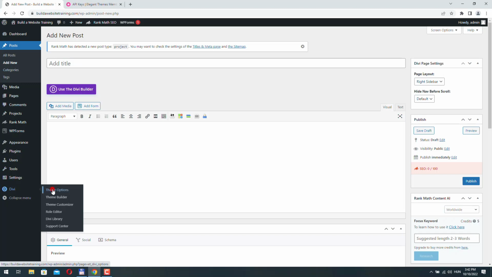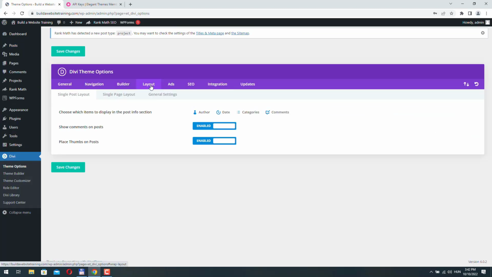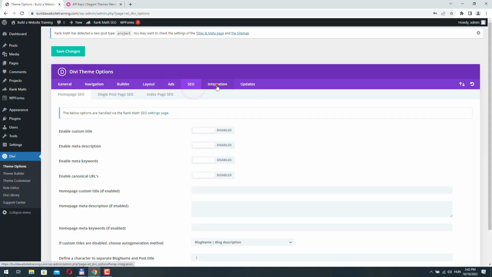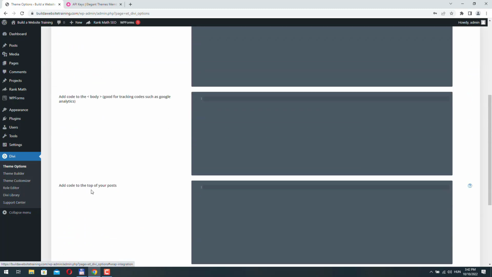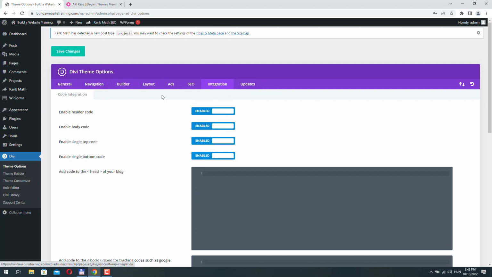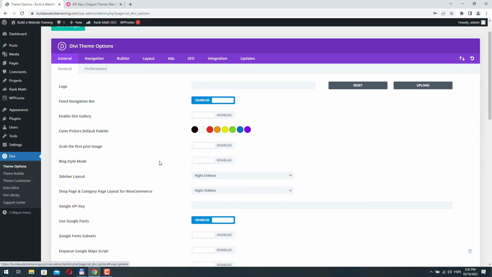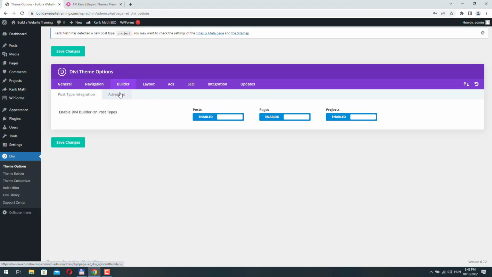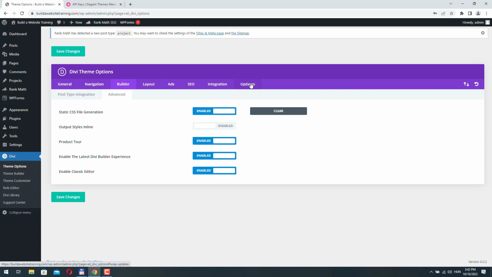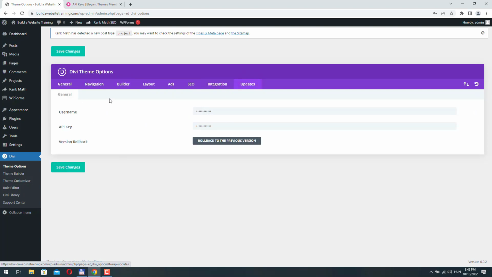Okay, let's go back to the theme options. And here, basically, we don't really have to do anything else. I usually don't use these options very often. So I only use the logo option here. I just disable these few options. I enable the classic editor, and I just update these settings in the updates options here, so I can get an automatic update. Another important part of Divi is the theme builder.